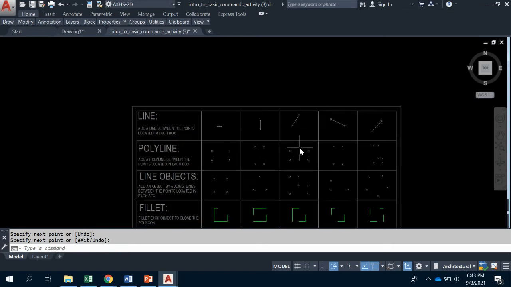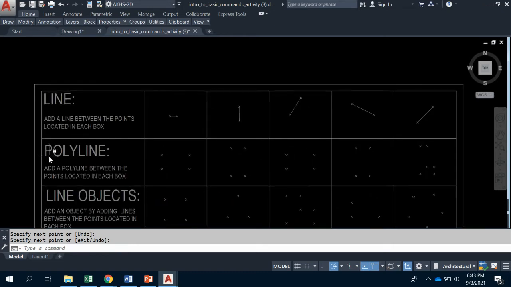Okay, our next command is our polyline. This is a line that is connected at each point. It creates one line all the way around no matter how many times you click, whereas creating it with individual lines keeps those lines separate. So imagine a polyline is more like a string that's connected, and a line is more like trying to make a line with spaghetti, individual sections. So our polyline command is